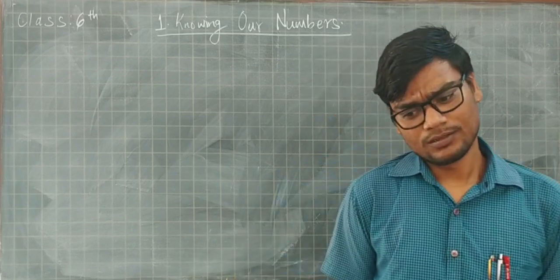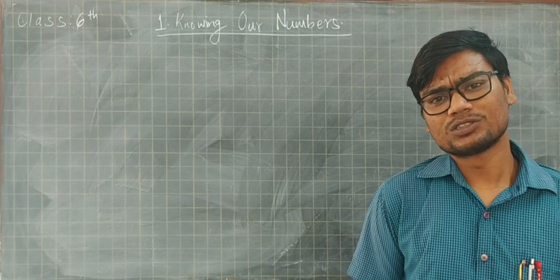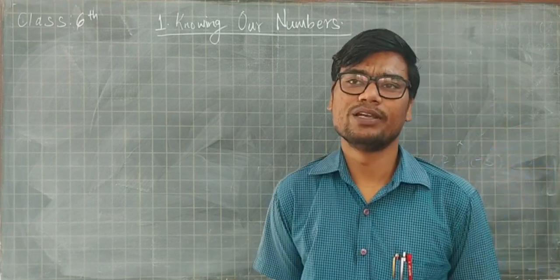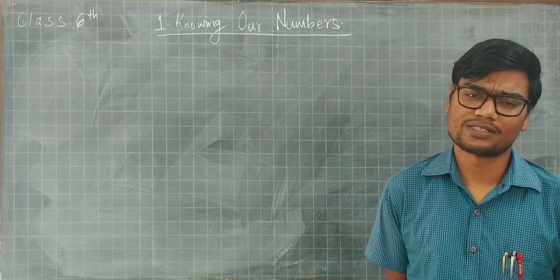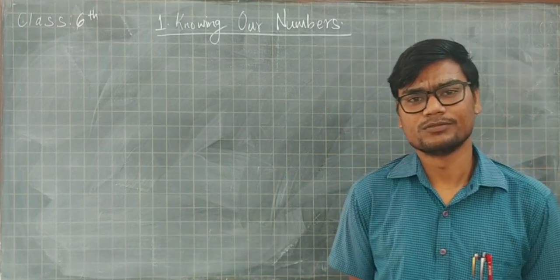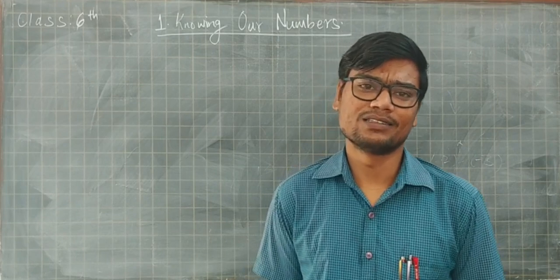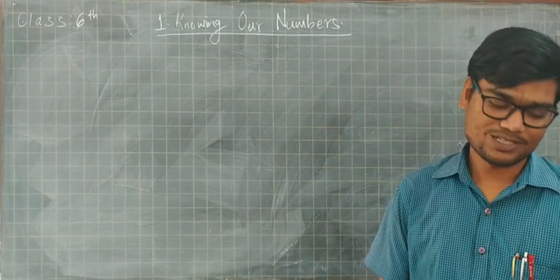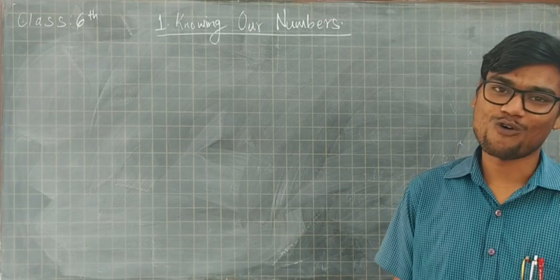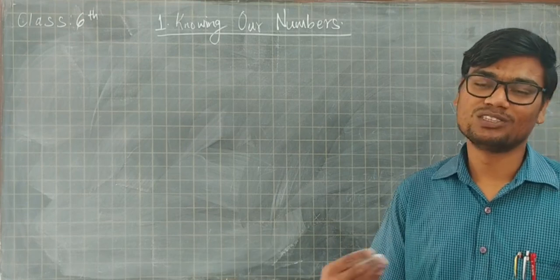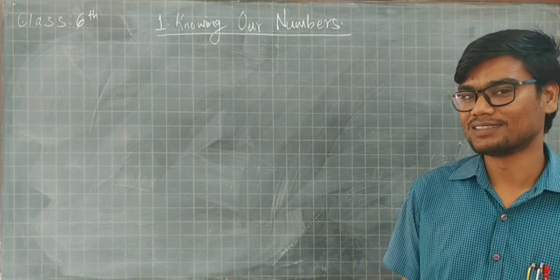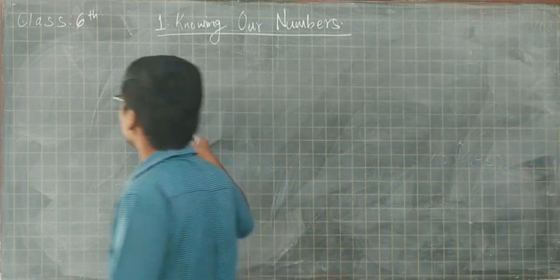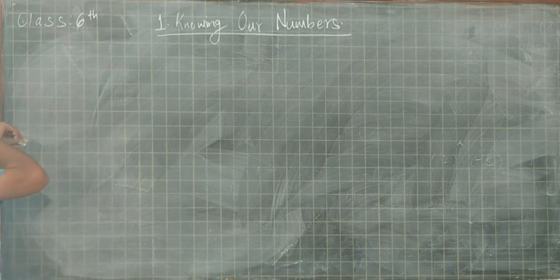So in this chapter we will learn about the numbers and the number systems. As we go on studying about the different topics, we will be understanding these concepts, the numbers and the number system. We will try to understand the numbers. So first task for us is comparing numbers, observing the numbers and finding out the comparison or the difference. Okay, so comparing numbers.